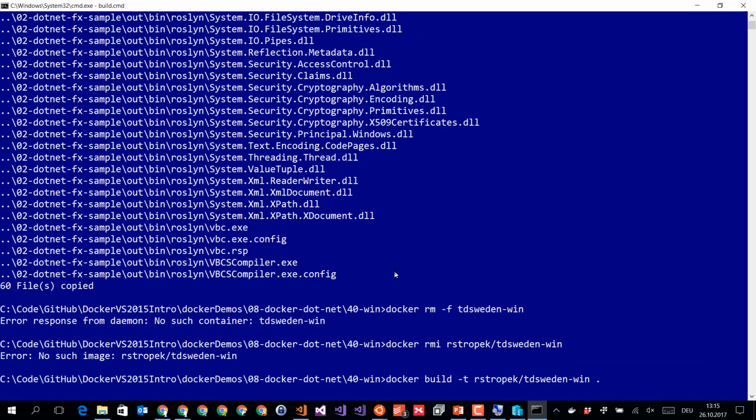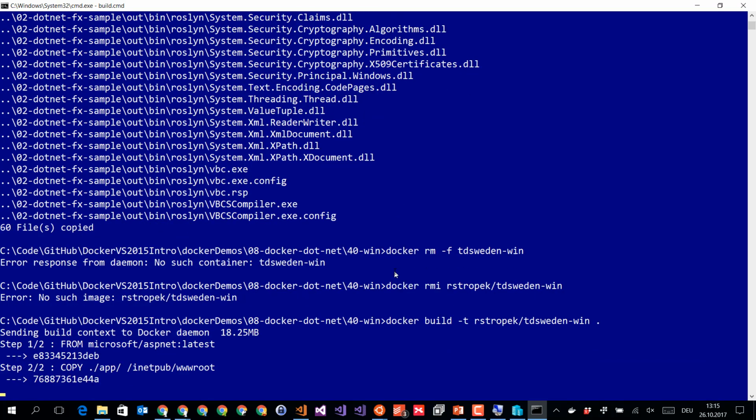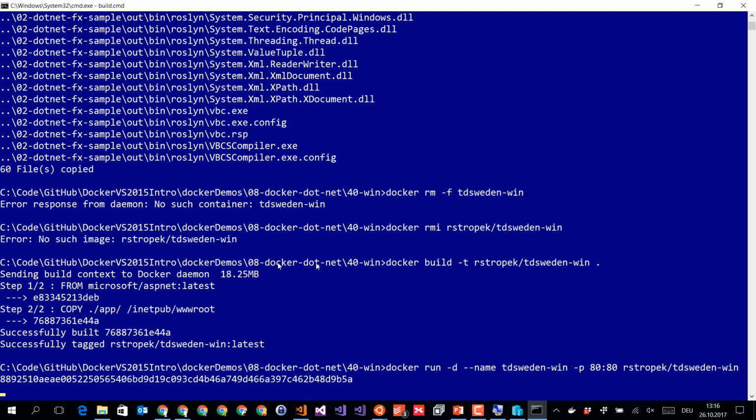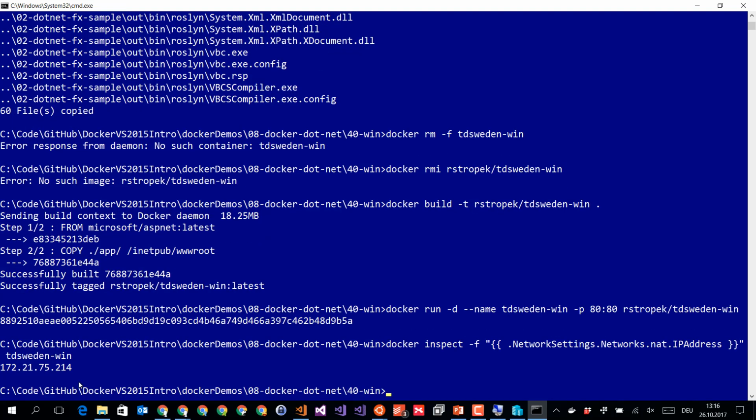These are all the DLLs that you have seen here that came out from MSBuild. And here you see the exact same output we saw earlier. Now it's starting the container. And what you see here is a typical behavior. It's not as fast as the Linux stuff is. Even on my Windows 10 machine, it takes a few seconds until my Windows 10 machine will spin up the